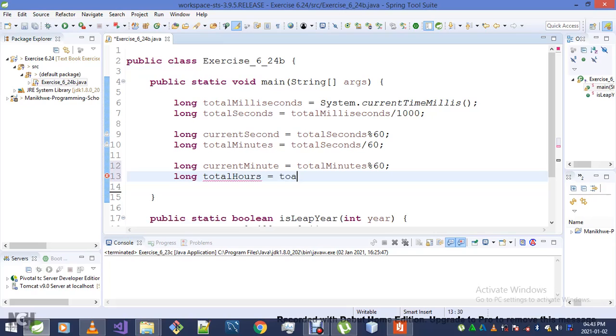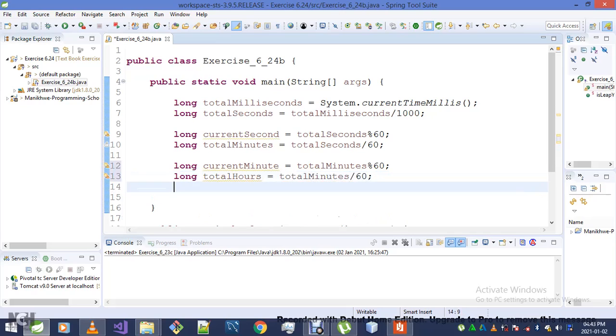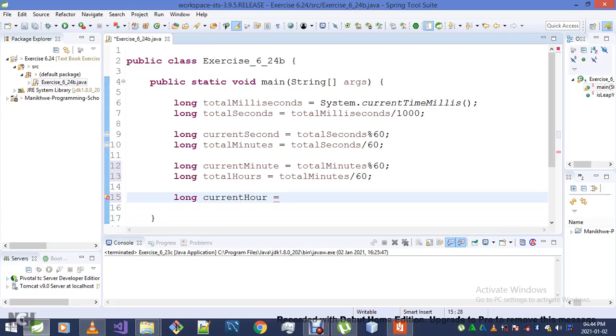In fact, I just told you. What will that be? So it's gonna be total minutes divided by 60. Now we need to know current hour. Again, how are we gonna find that? I'm hoping you've grasped the pattern here. It has to be